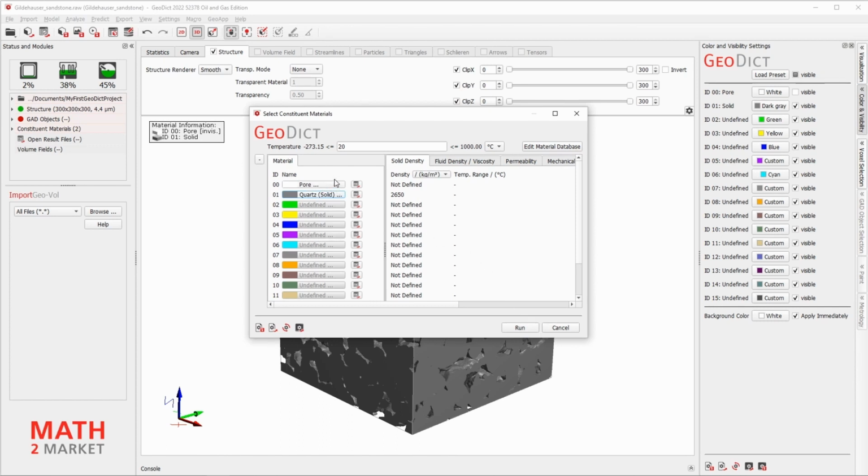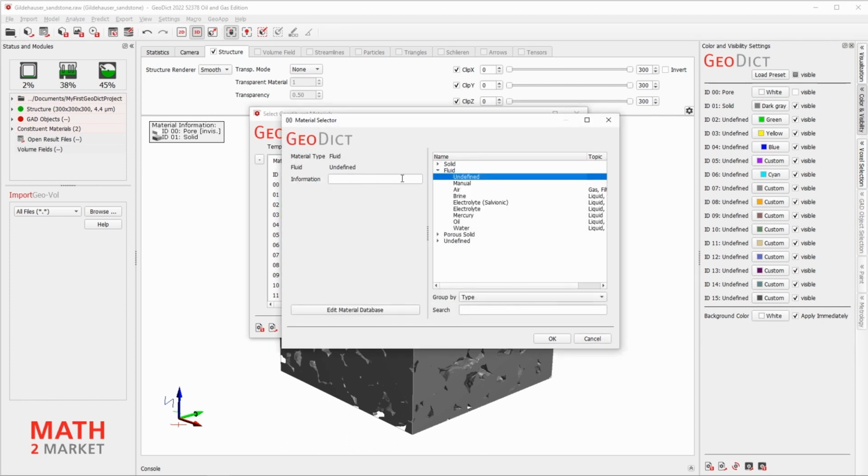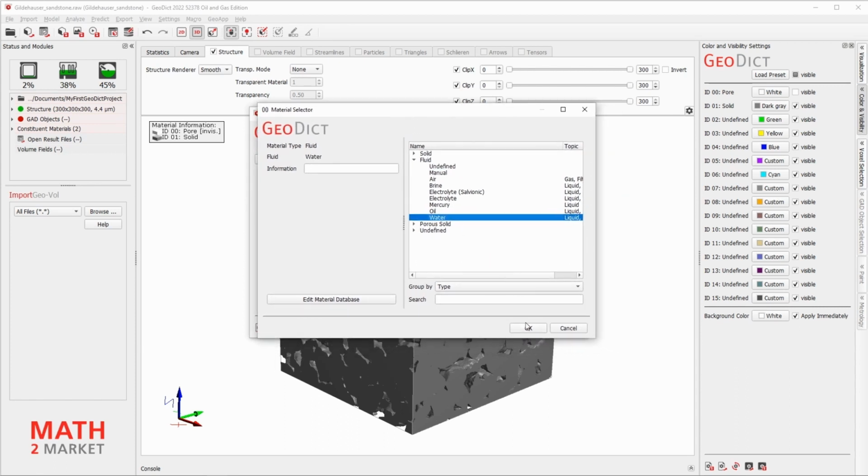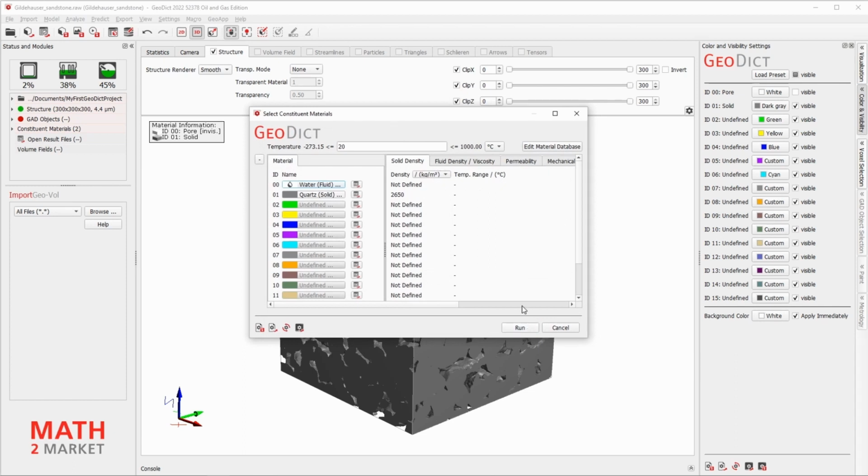We want to do the same for the pores, so click Pore and choose Water. As you can see, GeoDict already inserted the solid density of the quartz, and for the water entered the fluid density and viscosity.